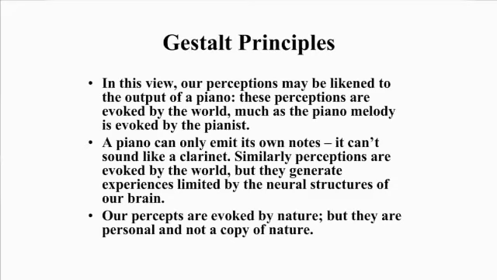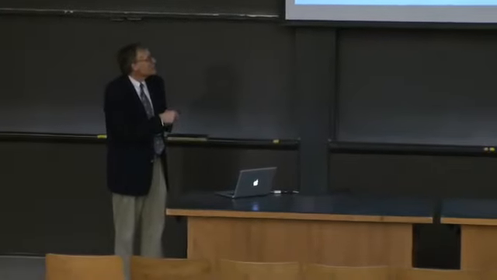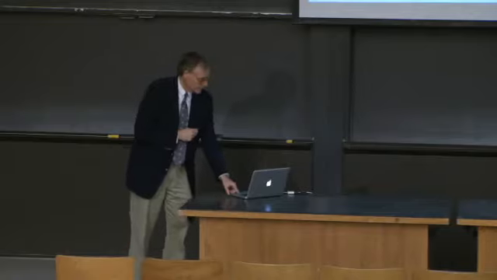So for example, when you think about how you listen to a piano, music comes from the piano, and the same way a pianist strikes chords, there's things out there in the world that you see. The piano has certain limitations. It can sound like some things, but not others. It can't be a clarinet. There's constraints in the world on what's possible to see or what's out there. But our percepts are evoked by nature in this way, but they are personal and not a copy of nature. In other words, we each individually figure out what's going on there by our own experiences and interpretation. And they're exactly that, an interpretation, not a simple mirroring or copy of nature.